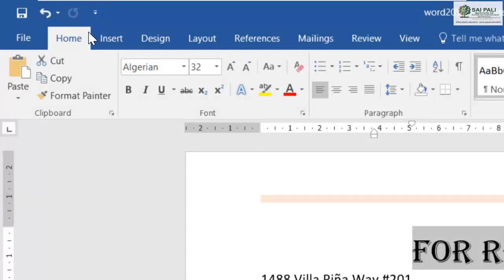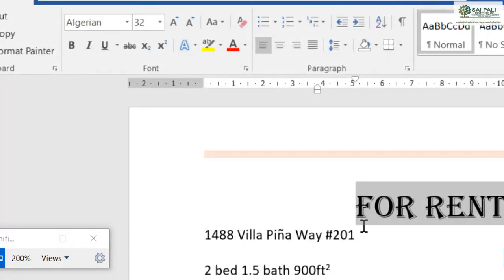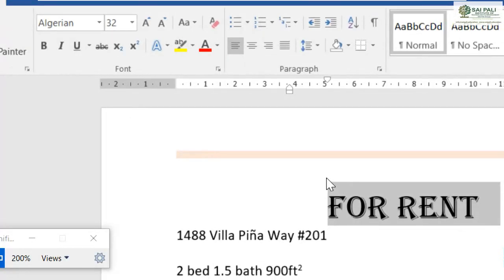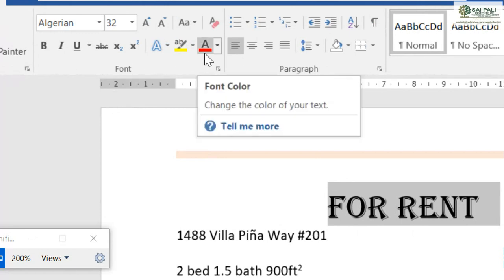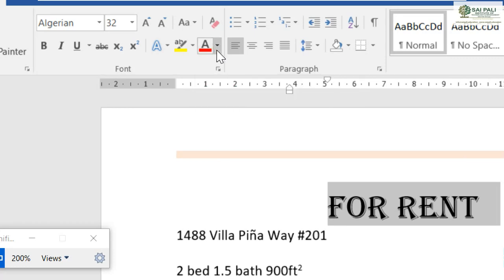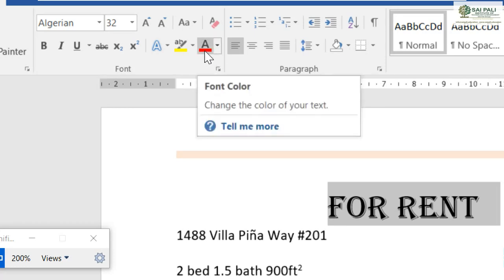In the home tab, in the font group, first you select the text, it is already selected. In the font group you have another option that is called font color. When I take my mouse there, it shows me what it is called. It changes the color of your text. If you want to change it, you can use the drop down, or if I directly click on this command, it will change the color which it is showing here. You can see it is showing some color here.